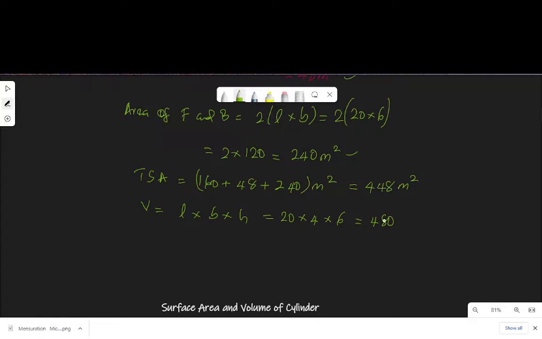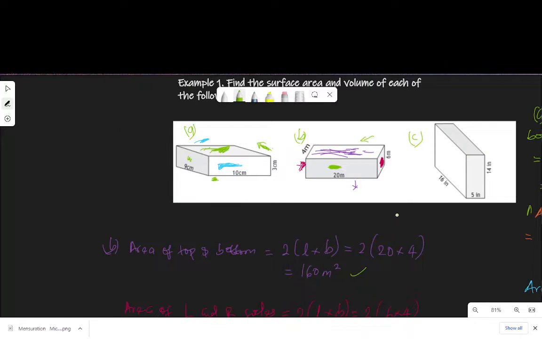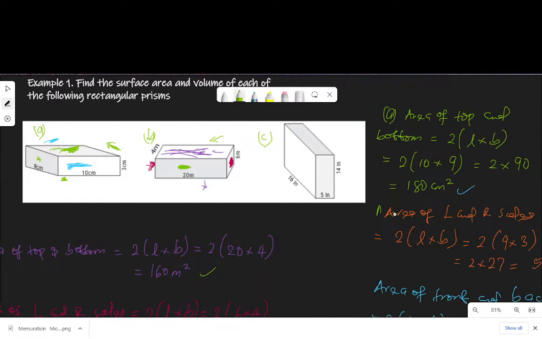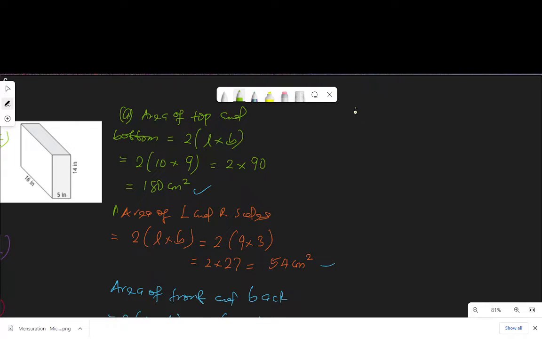20 times 4 times 6, yes, 480 meter cube. 480 meter cube is the volume of this cuboid. And the last one, which is question C, let me work it here. For question C, I have